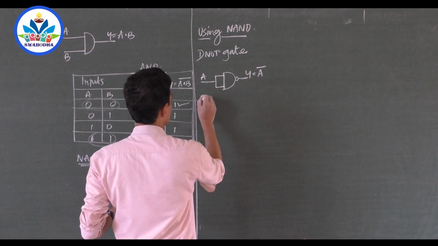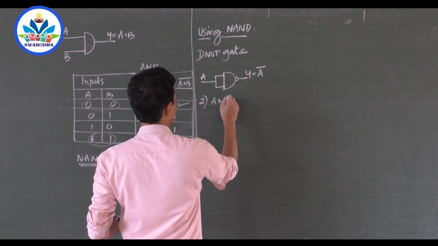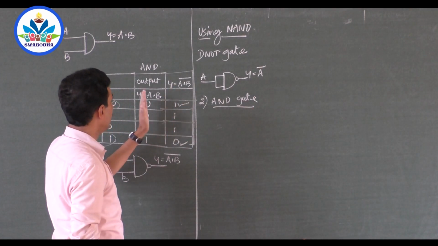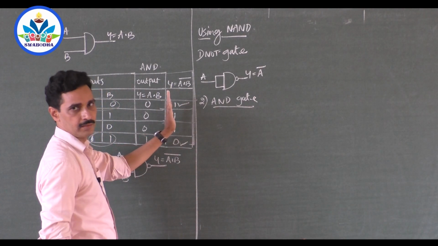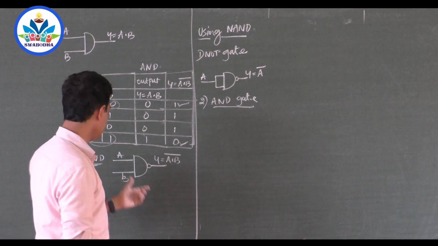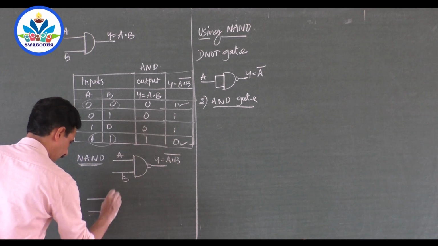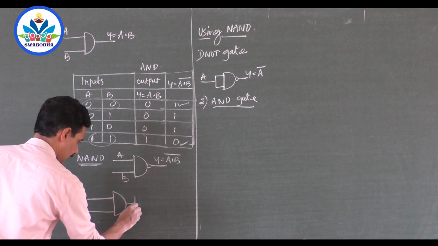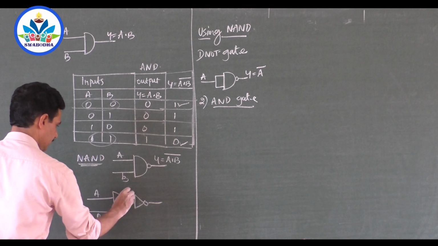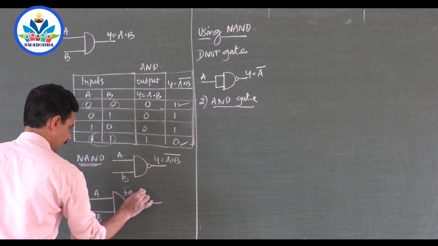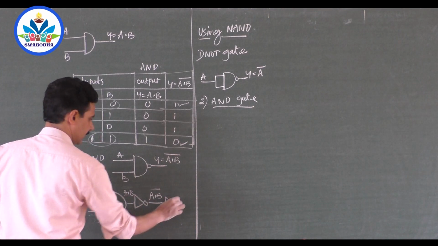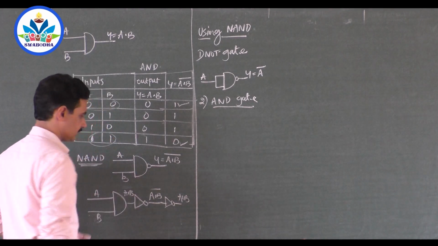Now using NAND gate, AND gate, very simple. What you can do? Already in NAND gate, AND gate is complemented. Complement it again. That means connect another NOT gate. Already in NAND gate, in AND gate, output is connected to a NOT gate, correct? Already this A dot B is made, A dot B bar here. Connect another NOT gate. What you will get? A dot B bar bar 2 times. You will get A dot B.